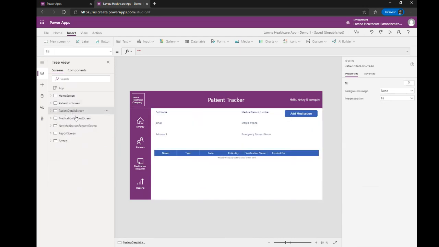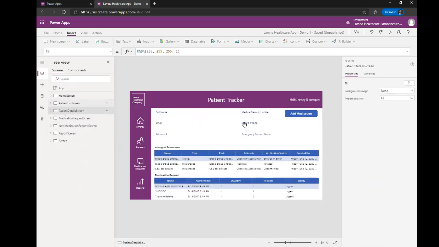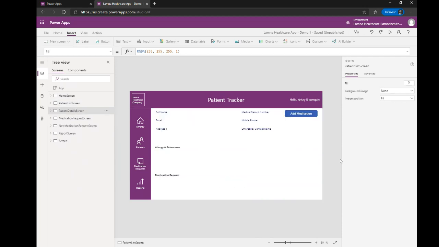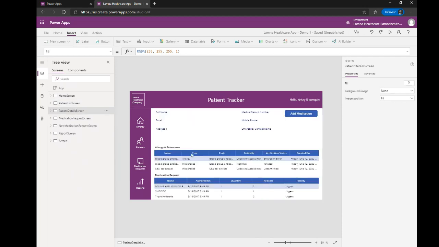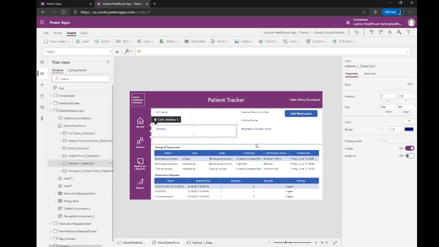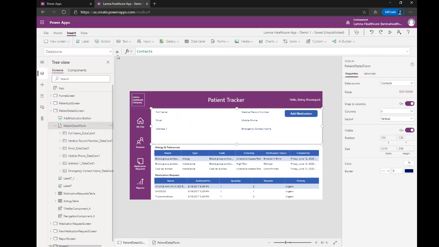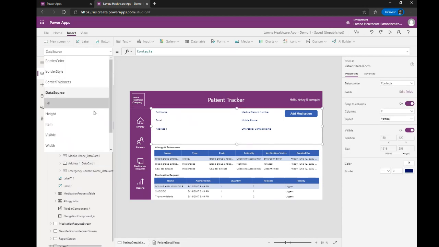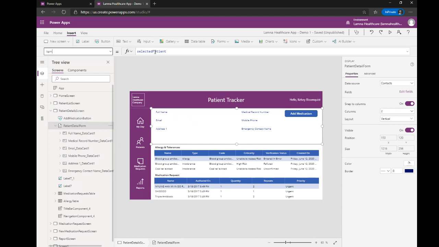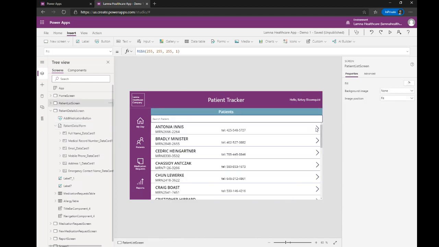So on the patient details screen, if you were to select a patient here, we want to go into the patient details screen. This gives details about the patient. This is a form. Its data source is contacts, and we set the item to be the selected patient from the previous form. So what I actually did